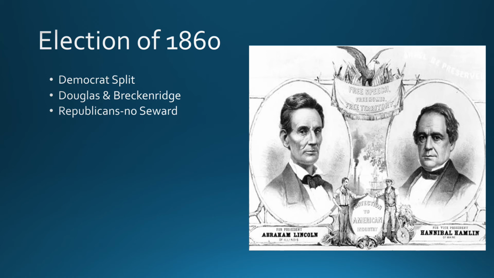So the Republicans have an opportunity here. Number one, the Republicans have become more popular as the later part of the 1850s have come in. The Democrats are divided, obviously, and the prior Democrat president, James Buchanan, again, is extremely unpopular, so they just need to put up a solid candidate that they think will do good stuff. The most logical candidate would be William Seward. However, he has basically too many enemies at this point, so the Republicans say, hey, you know what, we need to go another way here. And they decide to go with Abraham Lincoln.